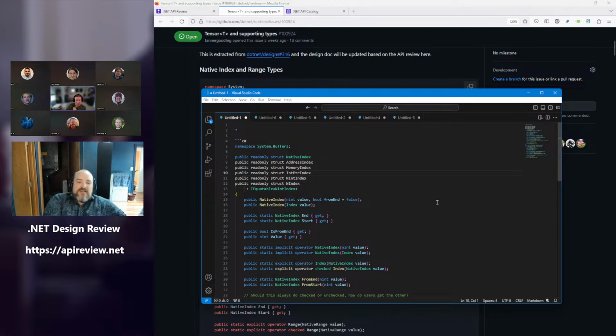Yeah. I understand the desire for consistency. I just think PDR index makes the most sense for people that are experienced in .NET. If you're coming from Python and you try to make some C# with tensors work for you, I'm not sure that name makes you feel warm and fuzzy. But in fairness, I'm not sure that an int index or an index does anything better for you there.